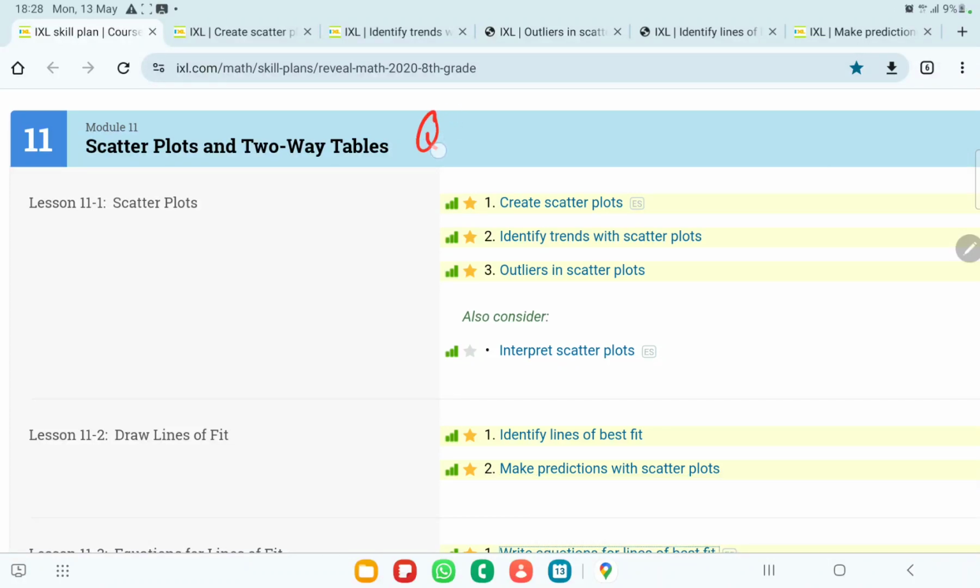Today inshallah we want to study together for quiz 3. It has 11.1 and 11.2. You should study these skills from IXL very well, and inshallah you can get a very good grade. So Bismillah,